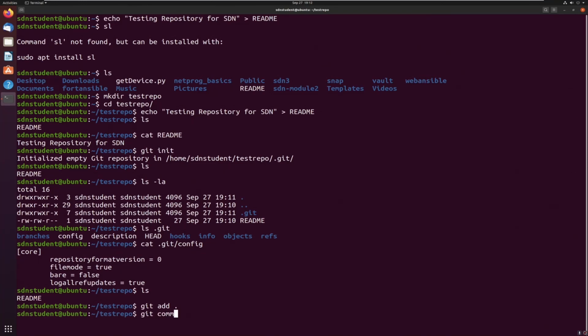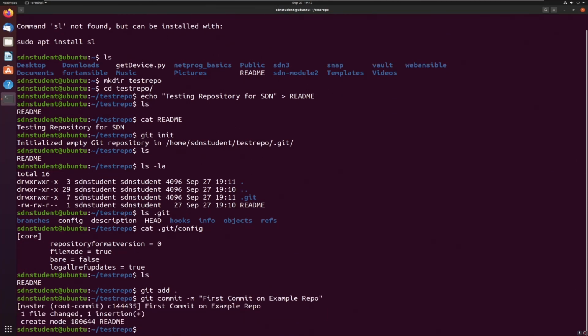Now you have to commit it to a branch, and when you make a commit, you have to give it a little message. So I'll say first commit on example repo, and this is for logging purposes, and every change that you make to a repository, it's going to commit this message along with it. But we're also going to get an error right here, or I should, I'm not sure if my config still has my username and password. Alright, it does. So I committed that repo, and now I'm going to git and create a new branch